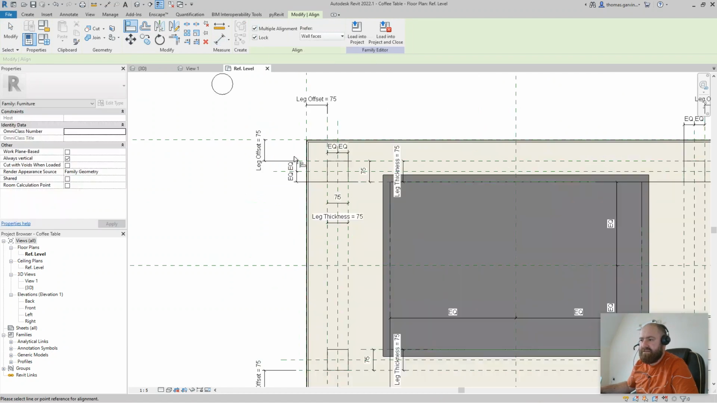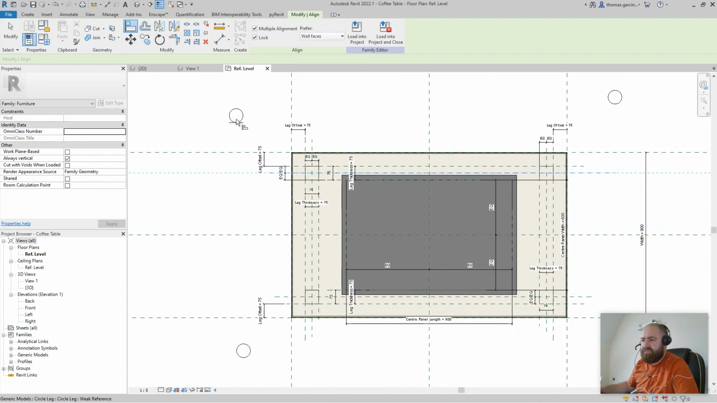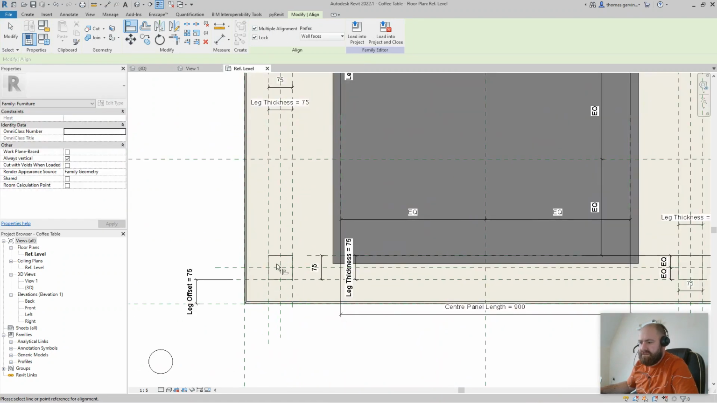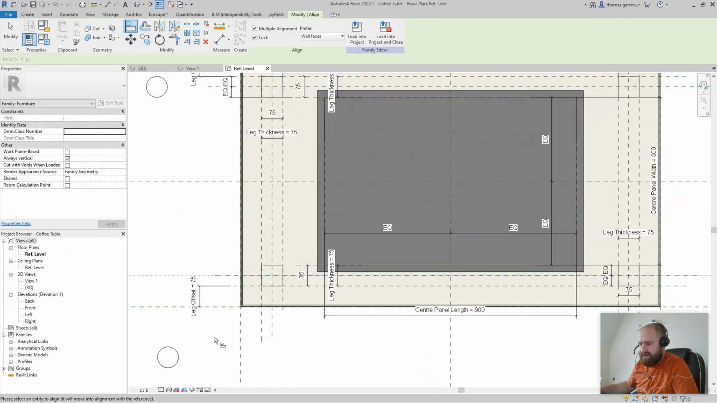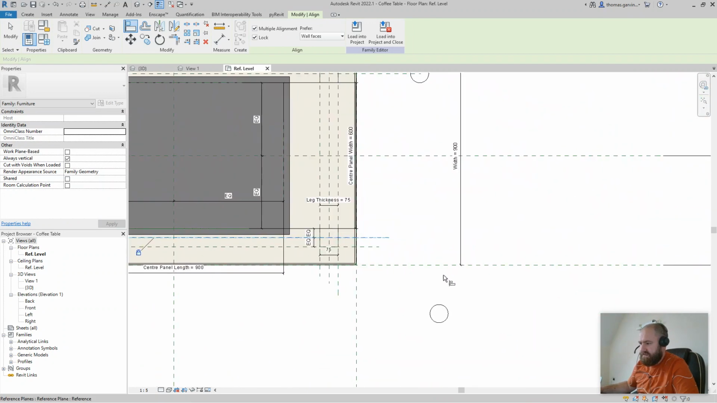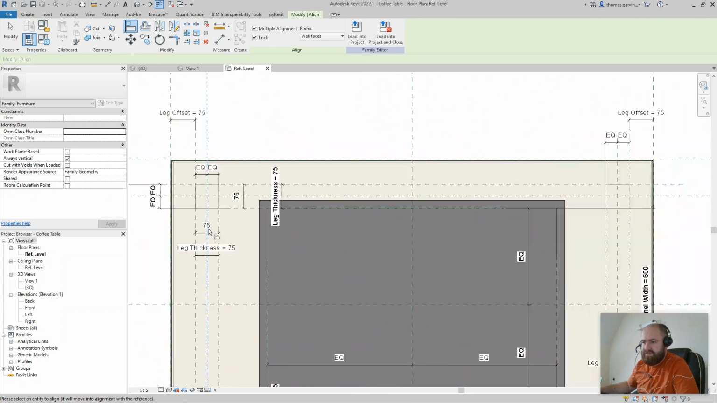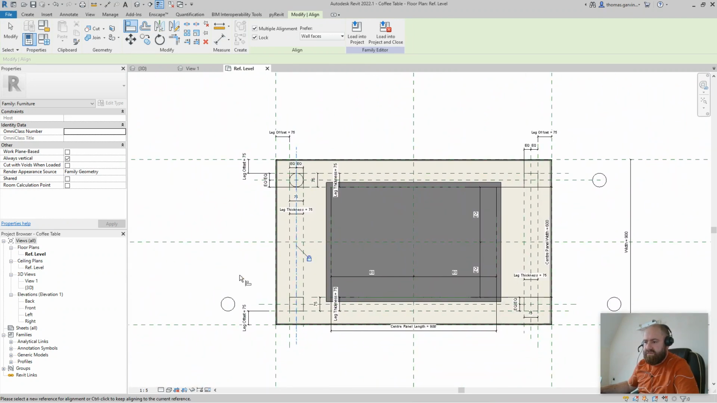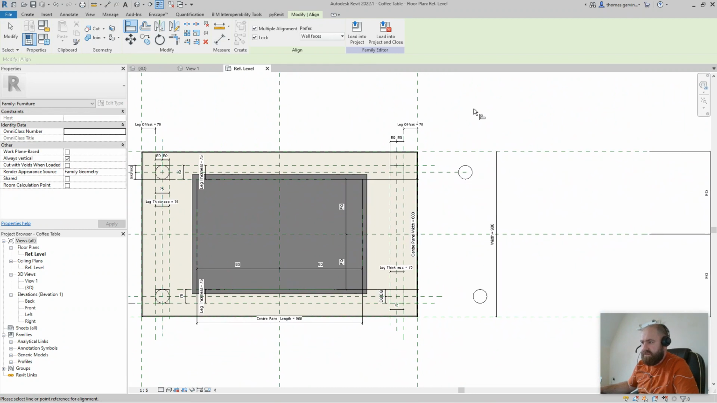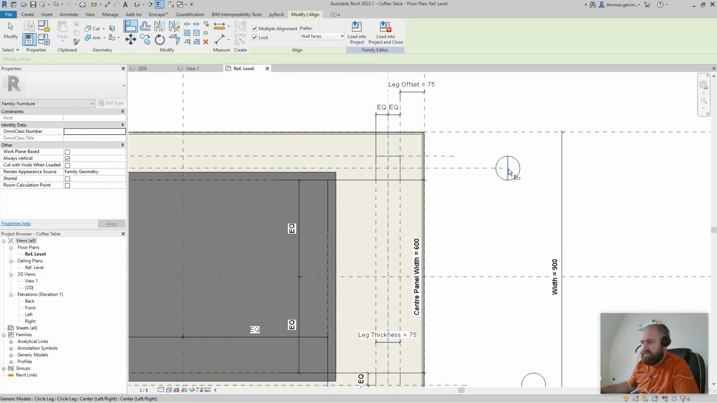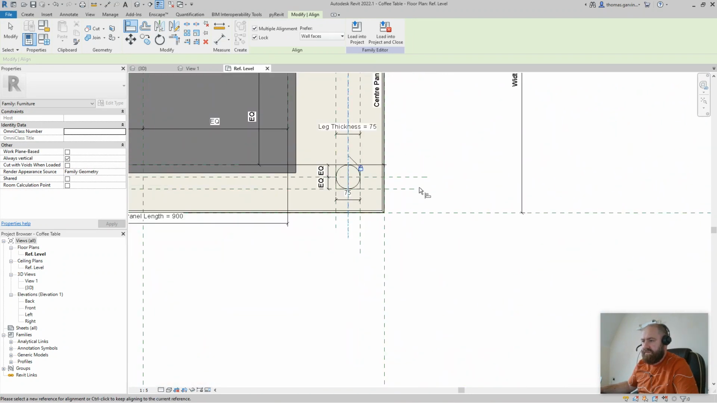Multiple alignments. Pick the center. Ding, ding. Do it again. Pick the center of this one. Again, reference plane, not geometry. Okay. Click out and click the center of this guy. Boom. Boom. Click out. Click the center of this one. Boom. Boom. Okay, so we have